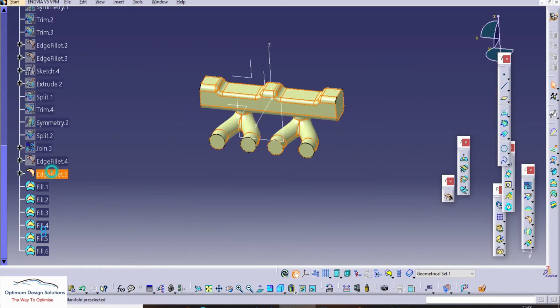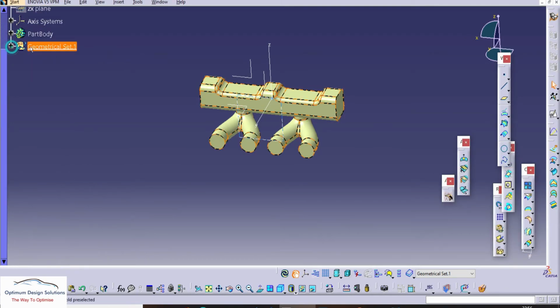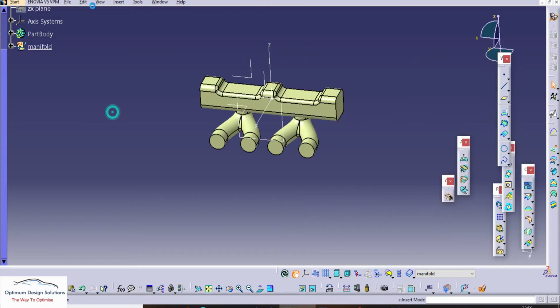So here we closed all the portions. Let's make a combined join, give the name manifold here, and enter into the part design.